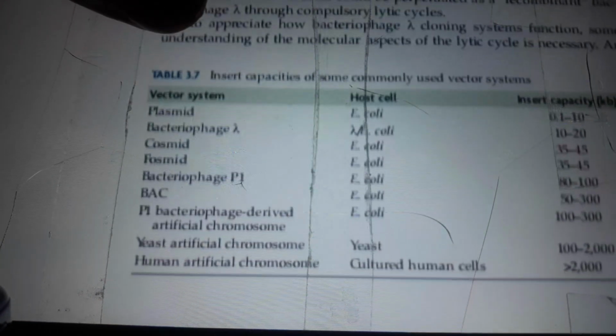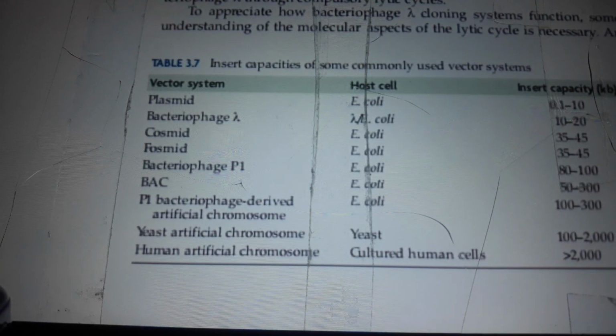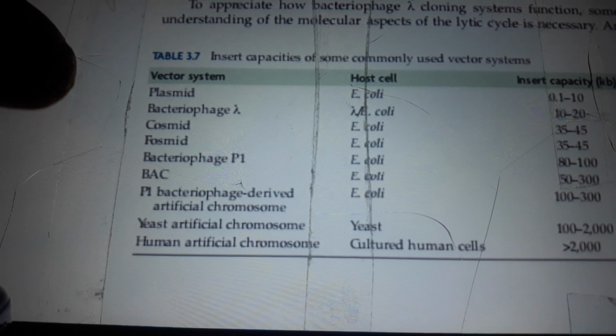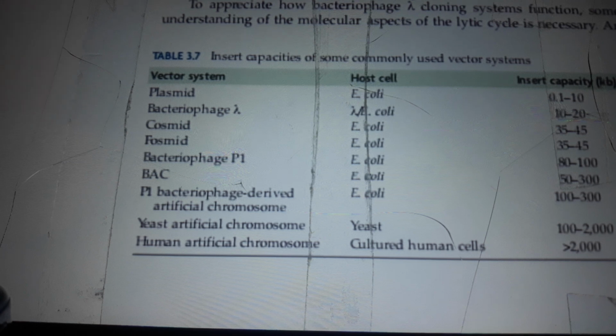To appreciate how bacteriophage lambda cloning systems function, some understanding of the molecular aspects of the lytic cycle is necessary. This is a table of the insert capacities of some commonly used vectors. Vector system is plasmid, host cell E. coli, insert capacity in kb: up to 10. And bacteriophage lambda, host E. coli,